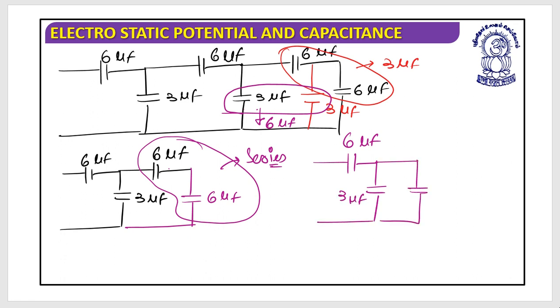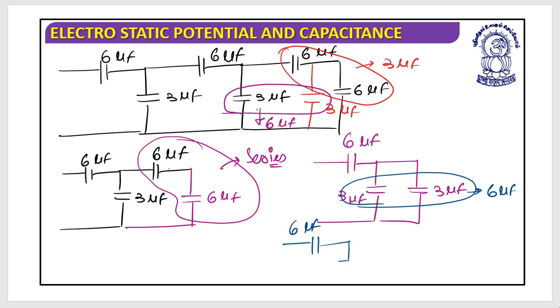this is a 3 microfarad. So this 6 and this 6, both will give me 6 plus 6. It's a 6 microfarad. So the situation would be something like this. It's a 6 microfarad, and here as well it is 6 microfarad, as this is the terminal A, this is the terminal B.